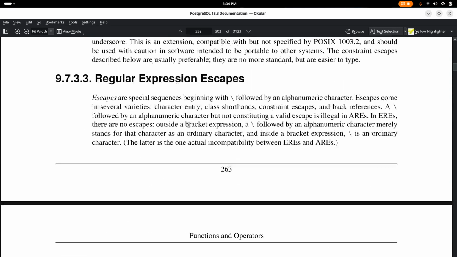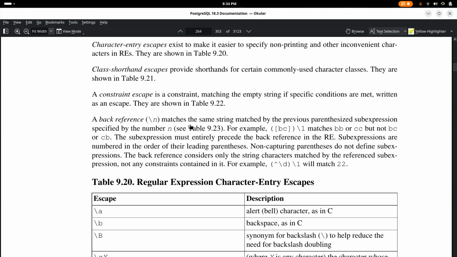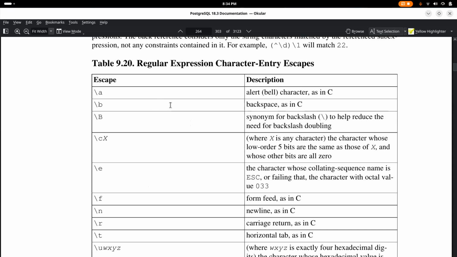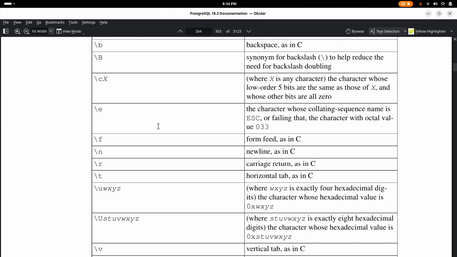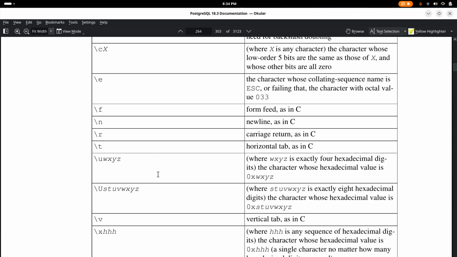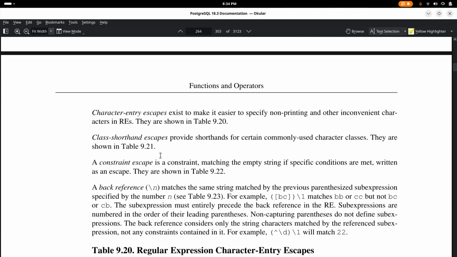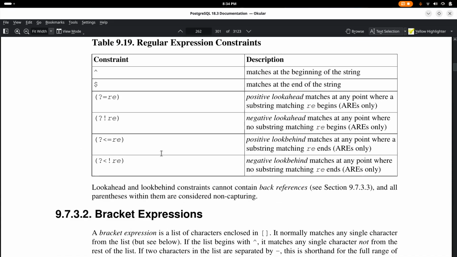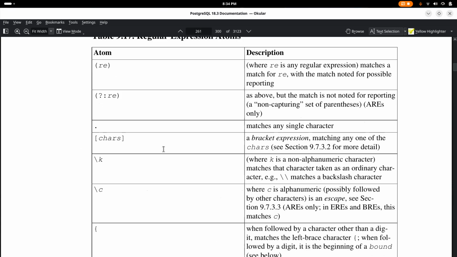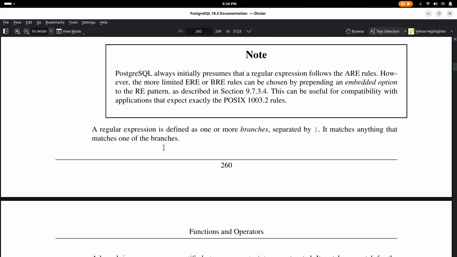And other things. So most of it we have already covered, all right? But certain things we have not covered. For example, these character entry escapes we have not covered, so we'll go through this. As I said, it will, sorry, give me a moment. Okay,